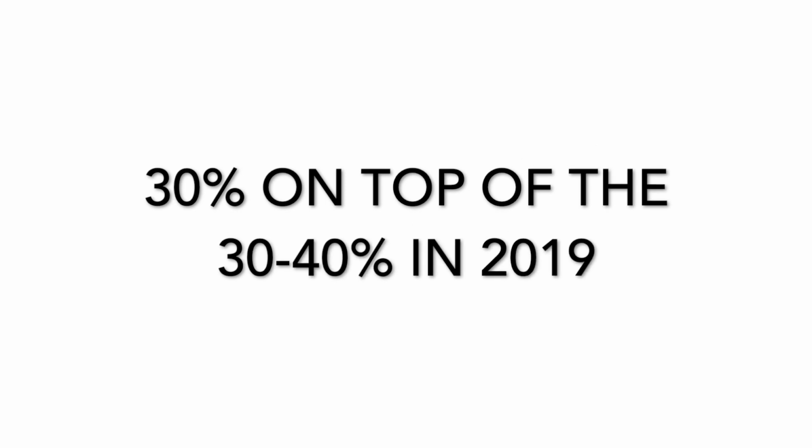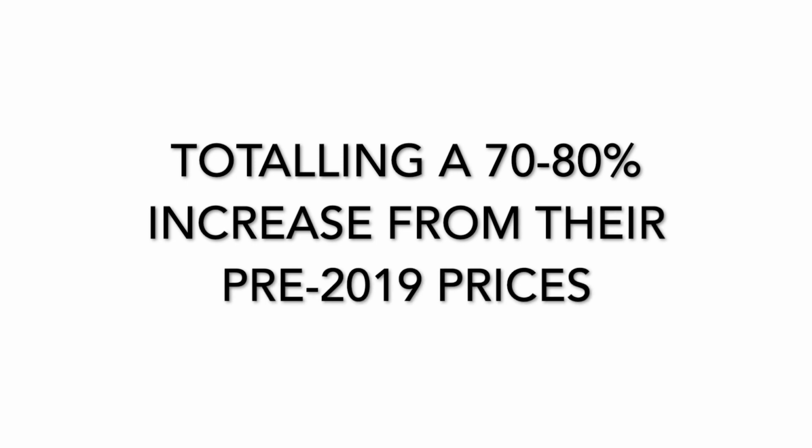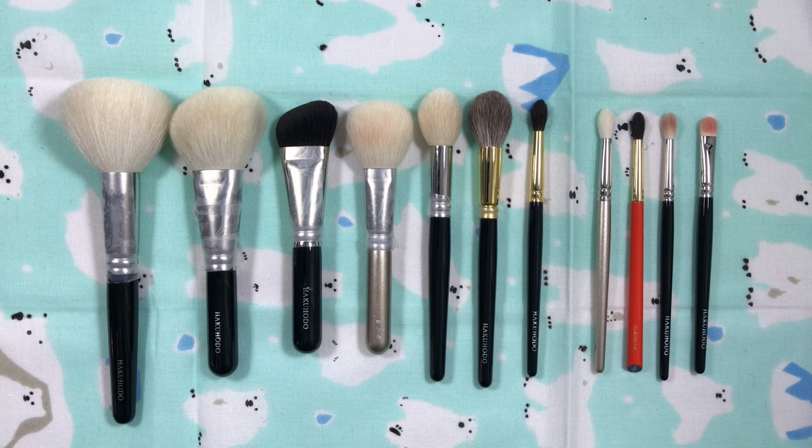Hakuhodo is increasing their prices on June 1st, 2022, 30% on top of the 30 to 40% increase they did in 2019, which comes out to be around 70 to 80% from their pre-2019 prices. So let's just take a moment to soak that in. That's crazy. In addition to the price increase, the Japanese site says they are discontinuing their basic line and introducing